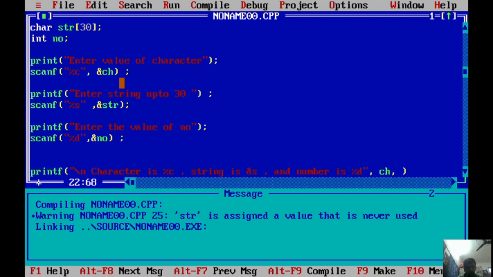So ch, str and no, and we will end it with a semicolon.